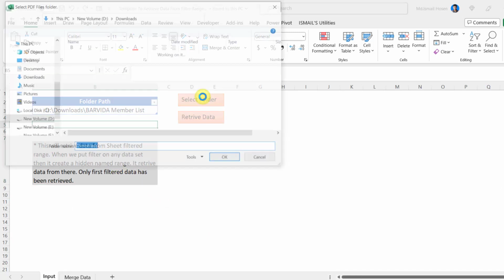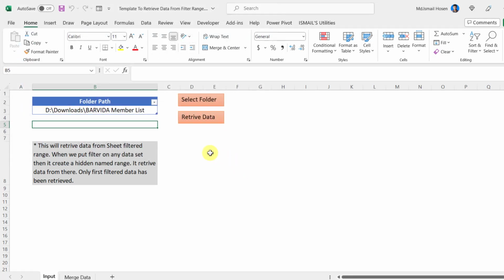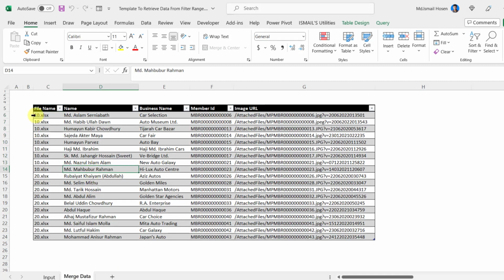So you need to select the folder where you have all those Excel files which have filter ranges. Okay, and then just click on this retrieve data. It will combine all the data and it will put the data into the smarts data set, and you can see these are the combined data,